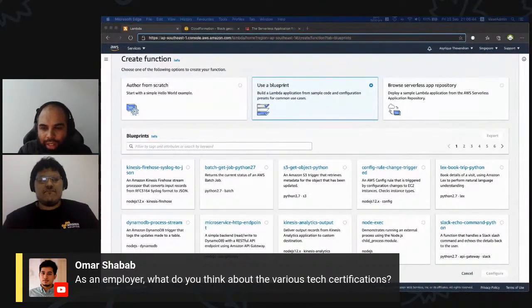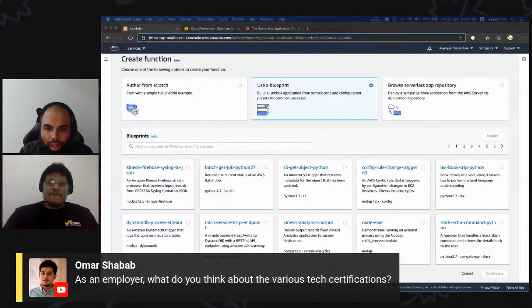Even as an employer, if you are looking at someone's resume and seeing they have a cert, even if it gives you confidence, you should still double check whether the person knows what they're talking about. That's basically as an employer. And as an employee, if you're confident with whatever you have learned and your experience, use the cert as a way to validate what you've already done through your work, whether it's freelance or in an actual job.